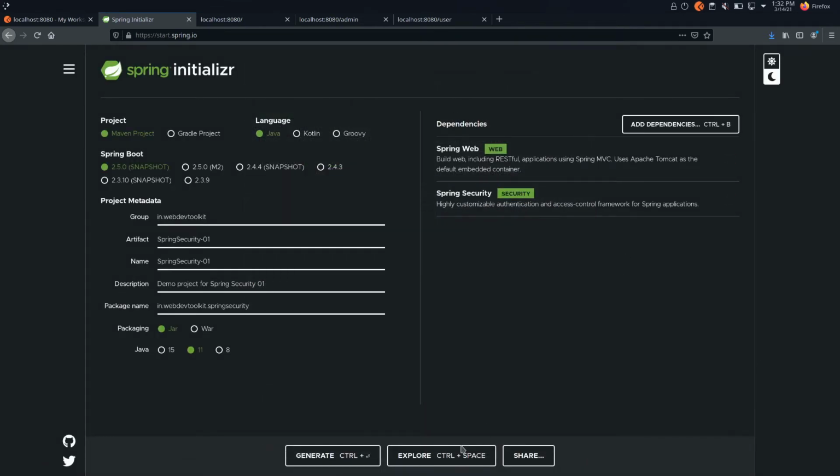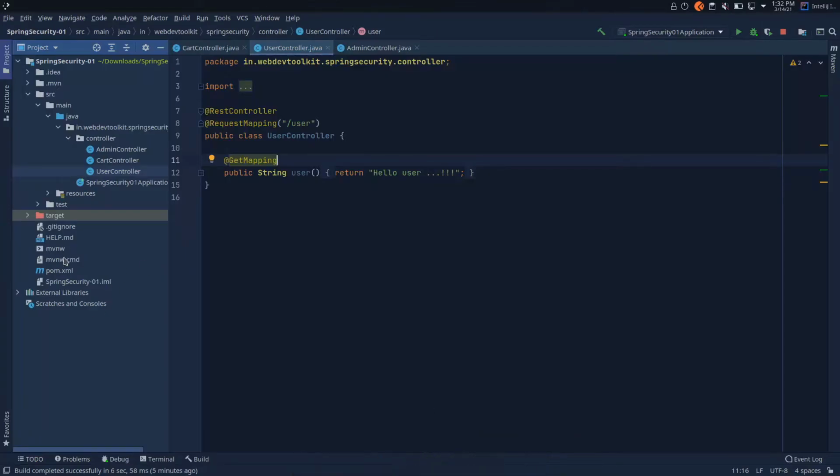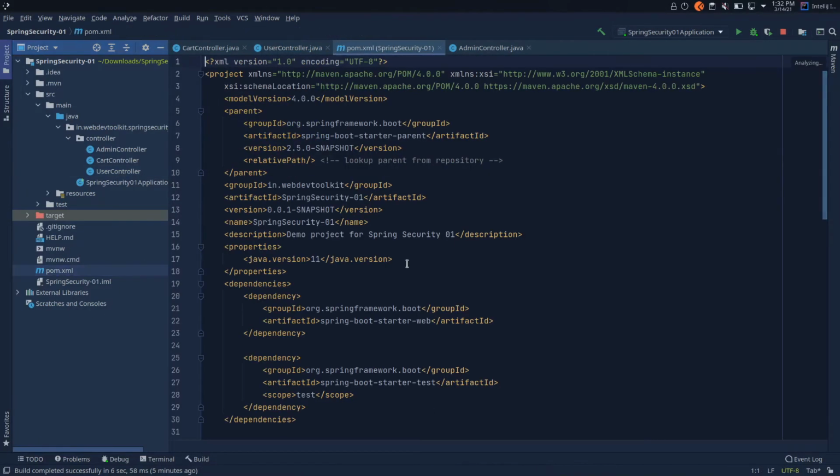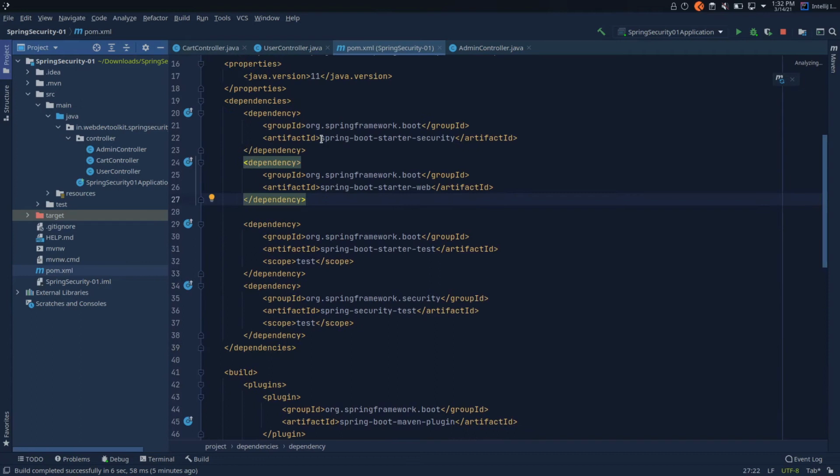Select that, click explore and just copy this Maven file and paste it into your project. As you can see here, Spring Boot starter security and Spring Security test, both dependencies got added. And now restart the application.